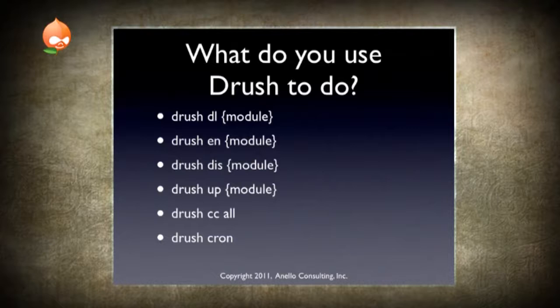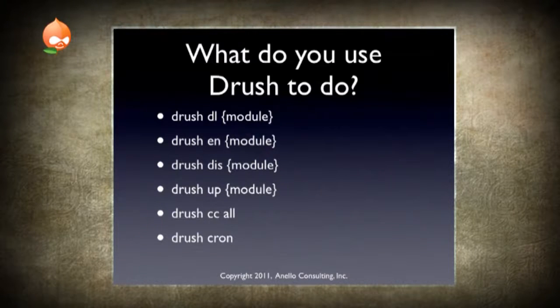I mean, if you need to install Views on a site, what do you normally have to do? www.drupal.org/project/views, download, double-click it to extract it, put it in the right place. Go to admin build modules or admin modules, depending on your version of Drupal, find Views, click enable, click submit, and then you're done. Well, with Drush, you go to your command line, drush dl views,